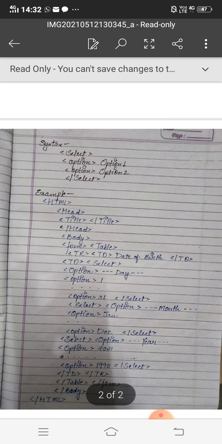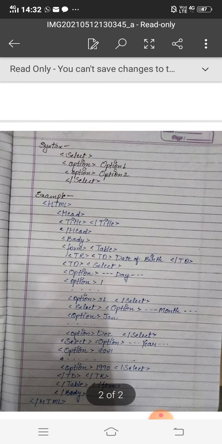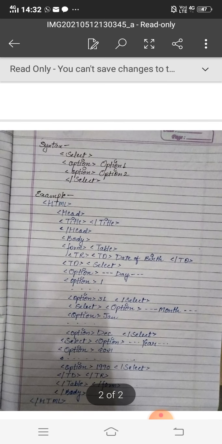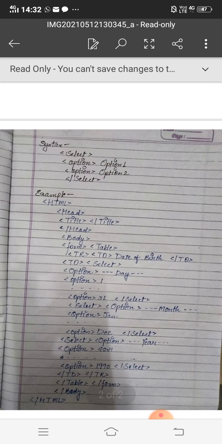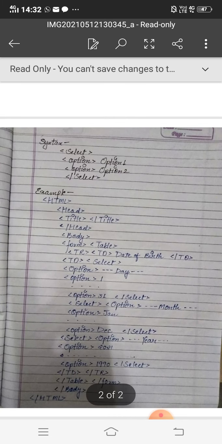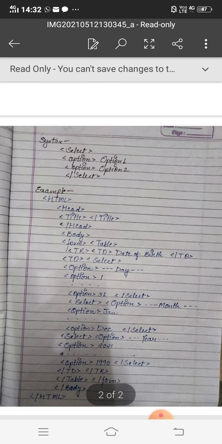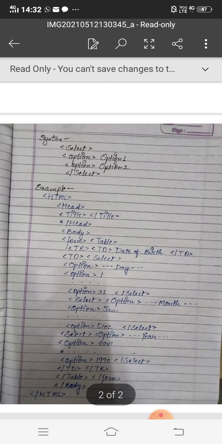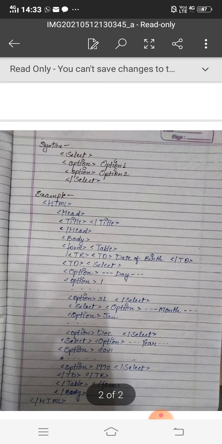for month, option on month, then, as we know there are months from January to December, so write all the months. Don't put dash here. On the computer, for running the program, you will have to write January, February till December. Write the full form, not short. Here the short form is written but you have to put the full form. As we daily see on forms on the internet, they are properly formatted with full forms, January, December. So write all the 12 months from January to December. You can copy paste on your computer. Here we have put dash but don't write dash. Option on January till December, select off.